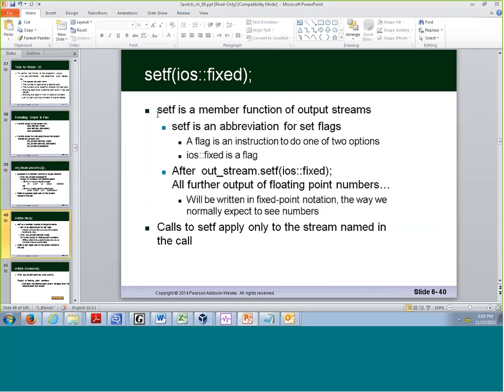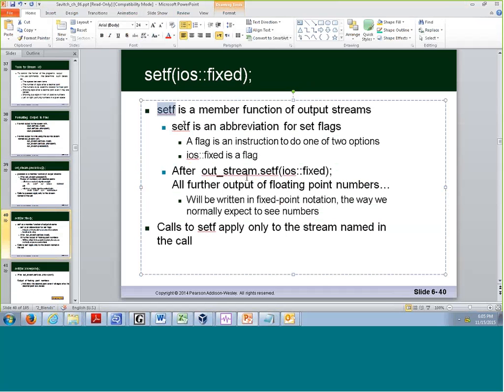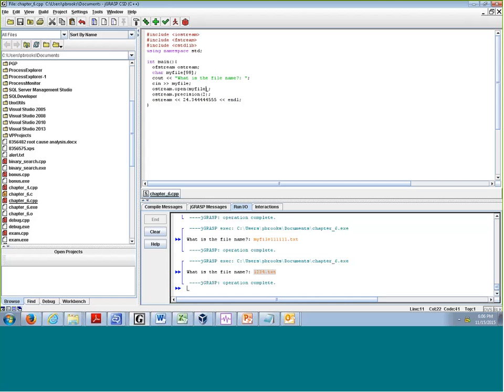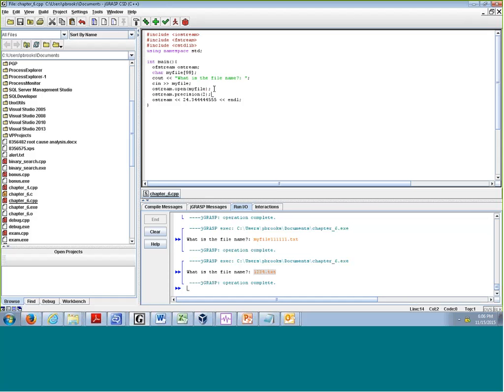All right, so we have the flag ios fixed. It's a member function, set as is as well as precision. Fixed will avoid exponential notation, the scientific notation. So if we make this some huge number,